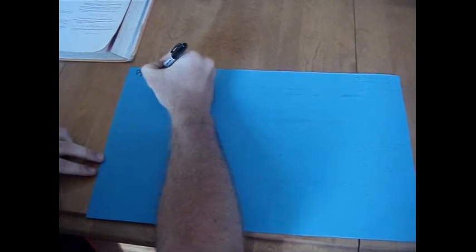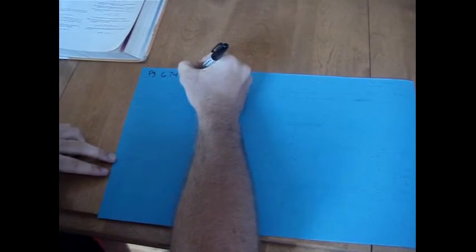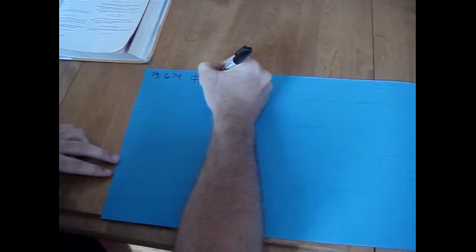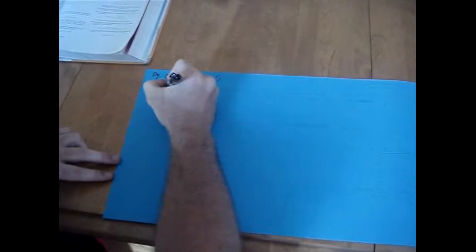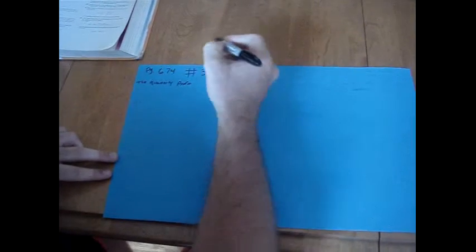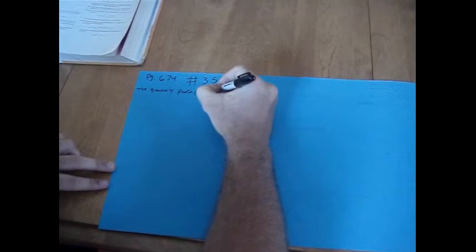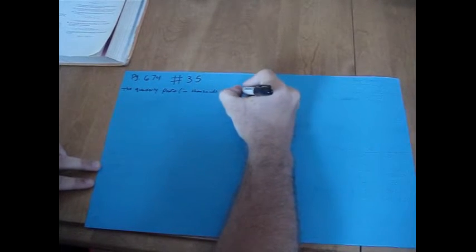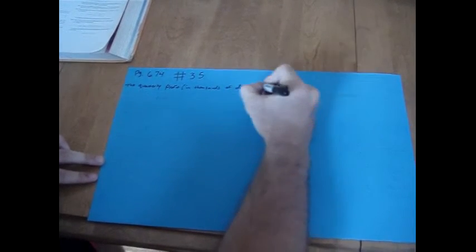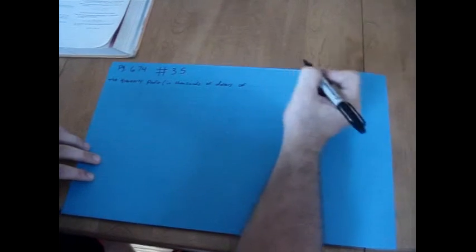I'm doing page 674, problem number 35. It says the quarterly profit in thousands of dollars of Cunningham Realty